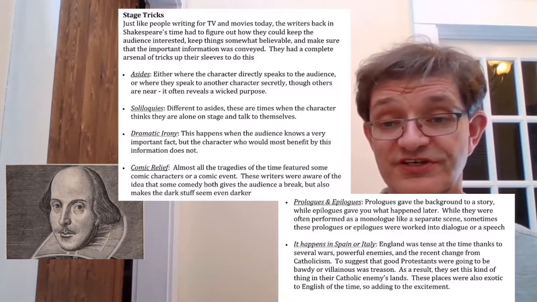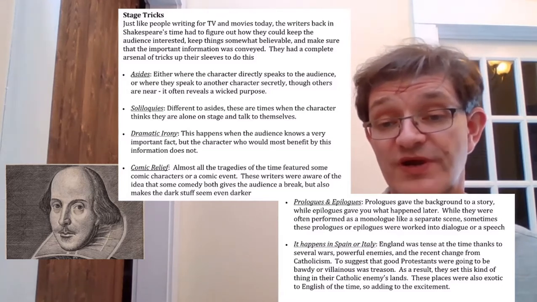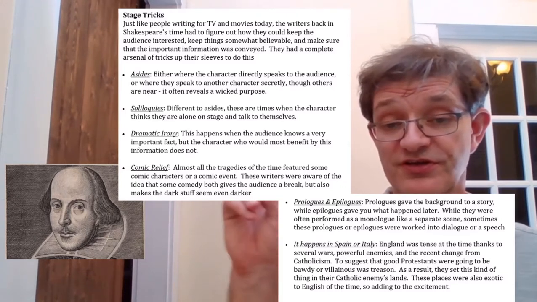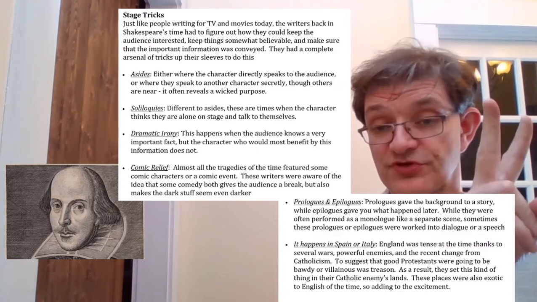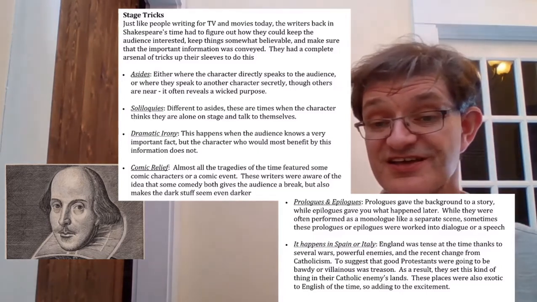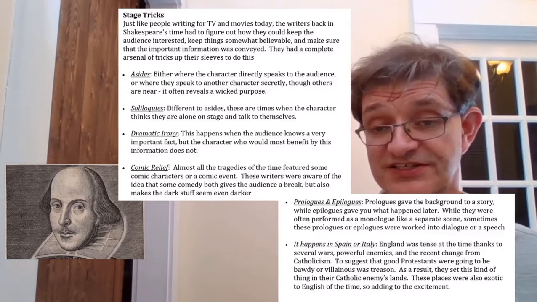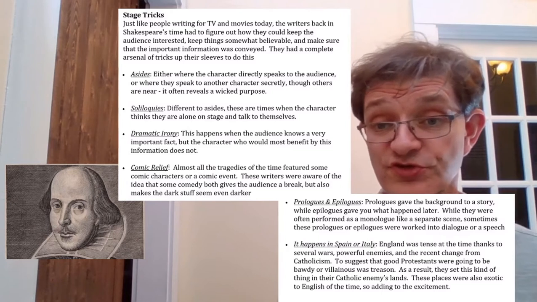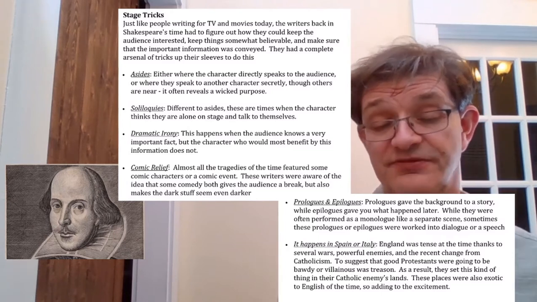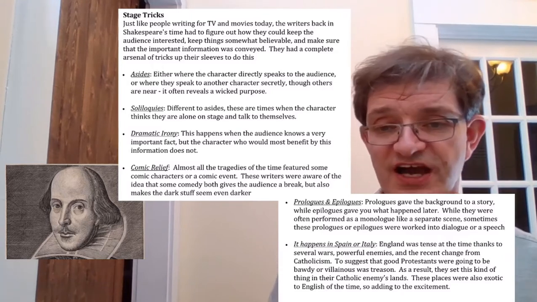The one I always go to is Romeo and Juliet. "Two households, both alike in dignity, in fair Verona where we lay our scene." I know I keep saying those lines, but we're talking about two families, both alike in dignity. They're equally matched in fair Verona where we lay our scene. Immediately in those four short lines, we get a little bit of the detail, and it goes on to describe more. That's a prologue.